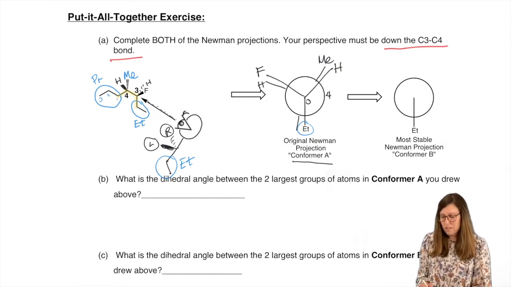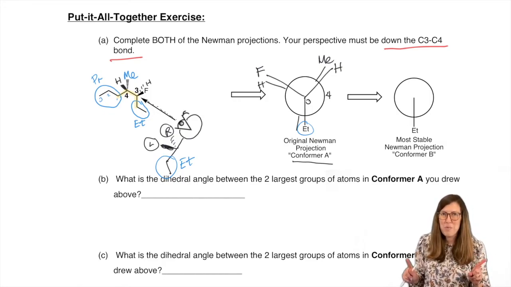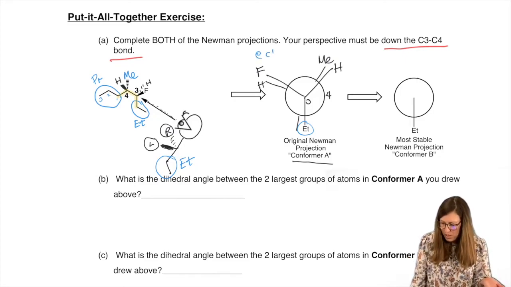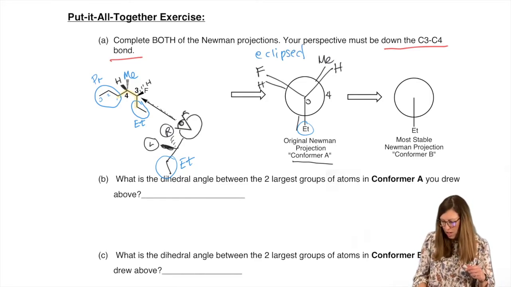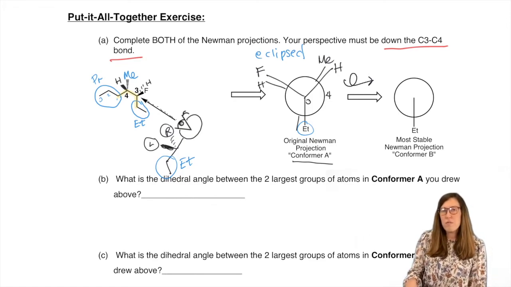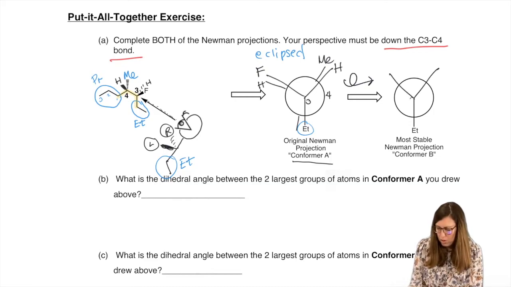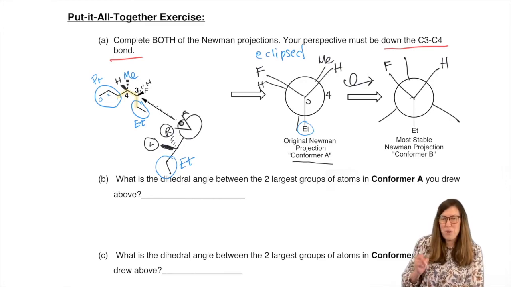There's a hint, this is not the most stable conformer, but you should know that because they are eclipsed, right? So of course it's not the most stable. We must rotate if we want to see the most stable. So as drawn, our first result is not the most stable. So we're going to do a rotation. The little template here says keep the front the same because ethyl's still at the bottom. So no rotation for that. Now you have to arrive at a staggered conformation because that will allow the more stable one to dominate.